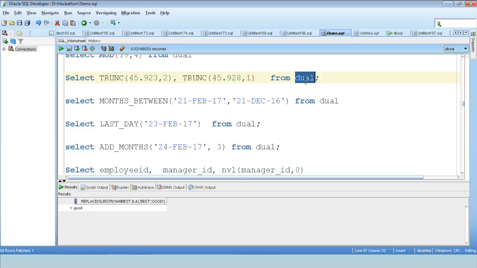So dual is basically a dummy table which contains just one row and one column. It is required for SELECT syntax completeness. When I am not fetching data from any existing table within the database, but still I want to execute some function on a hard coded thing, I cannot just write select